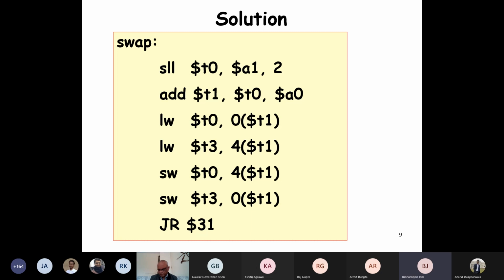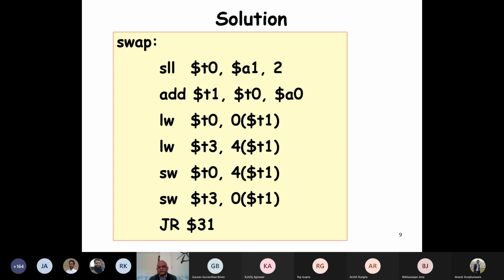T0 will have the left shift value of A1 by 2. Can you be more precise? We are adding more bits at the LSB by 2. Okay, I'm looking for a slightly better answer.